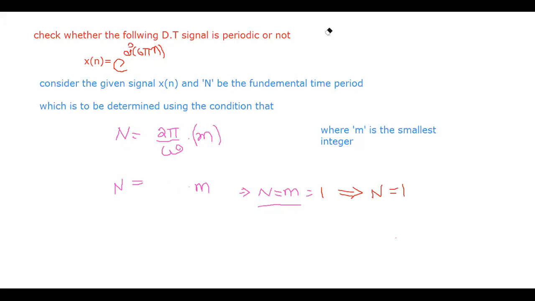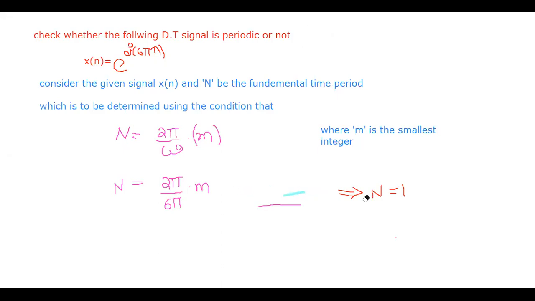Right. Now see here. So 2 pi by omega. Now tell me, what is omega from the given problem? Omega is 6 pi. Yes, e power j omega n. So you must compare that function with the standard function. Then only you will get the value of omega. So here omega is equal to 6 pi. Now what do you get here?